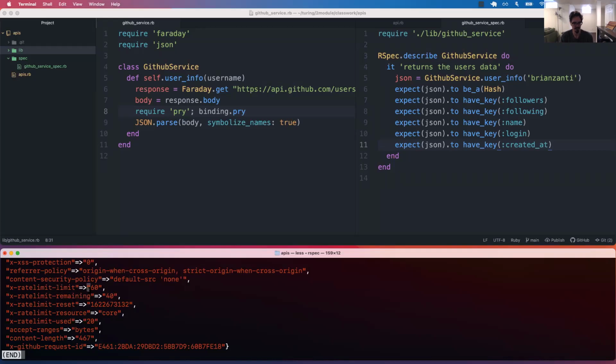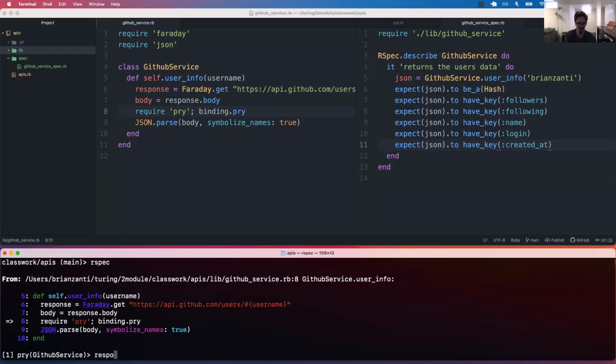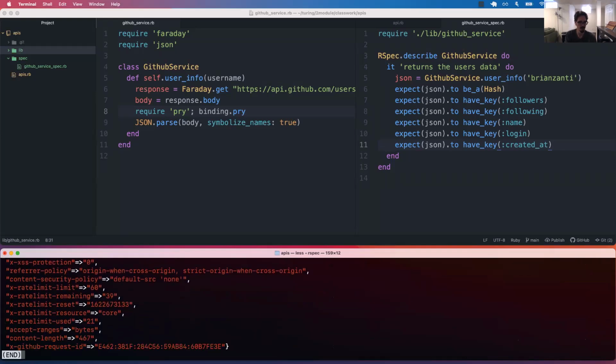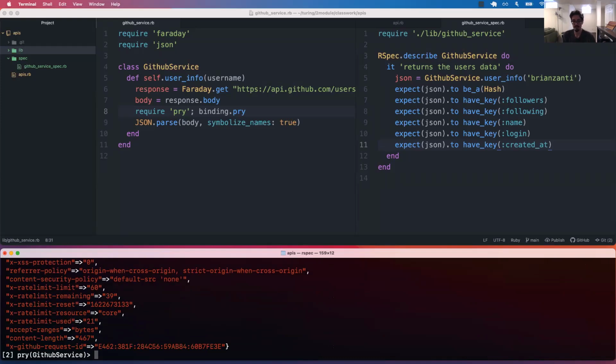rate limit is 60. If I exit out of my pry and run my test again and do the same exact thing, response.headers, scroll all the way down, we can see I've used another request. I went from 40 to 39, and now I've used 21. So essentially, if I ran this test 39 more times, I would have to wait another hour before I can